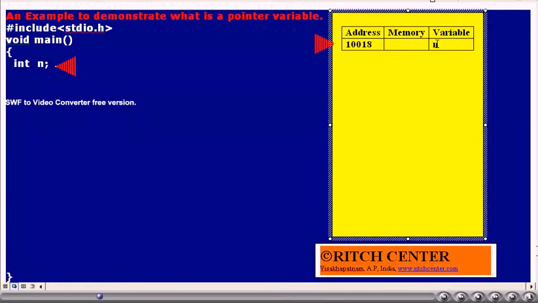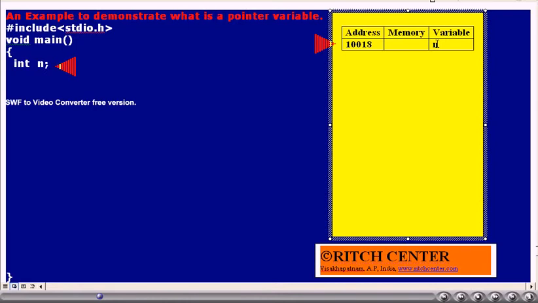The integer variable n is declared. We are assuming that the address allocated for this variable is 10018. Remember, that is the starting address. For this variable, the bytes 10018 and 10019 will be allocated if the machine uses 2 bytes for integer variables.